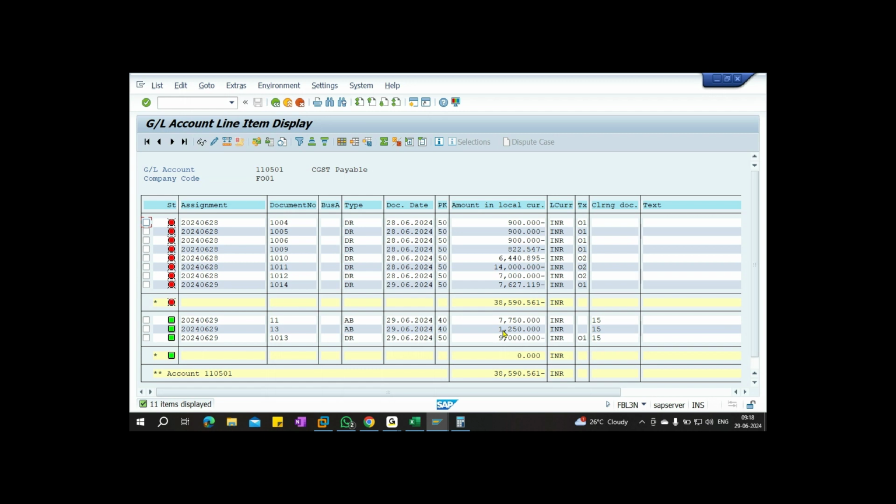Tomorrow at 8 o'clock I will connect online. Tomorrow I will discuss the same scenario in the HANA system. In ECC we have customer creation and vendor creation, but in HANA there is no customer and no vendor. Instead of customer and vendor, we maintain BP, business partner. What is a business partner? How to maintain the properties and values. So tomorrow morning at 8 o'clock we'll discuss how we post both the transactions and how to nullify them in HANA systems. Clear? Right.